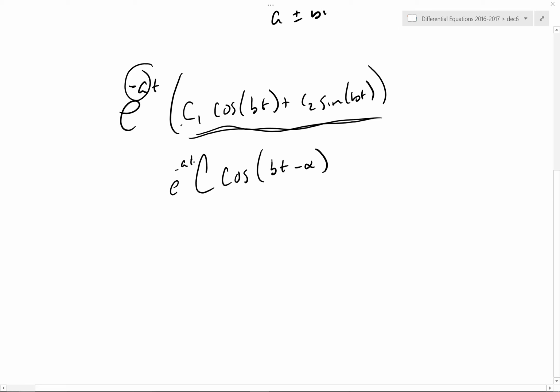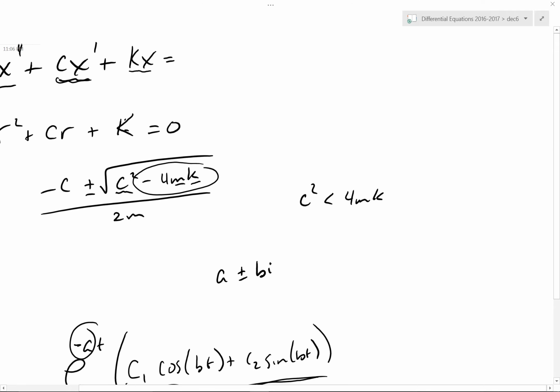Now, notice again that this is going to go away. This is what we call a transient solution. It's going away because it has an e to the negative at in front of it. Okay? We know from the other side up here, if this was equal to some